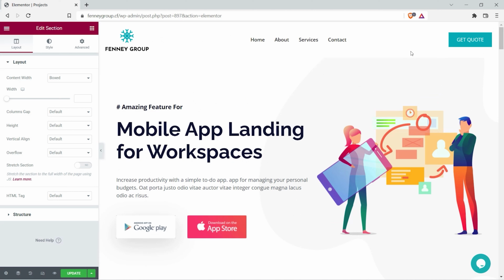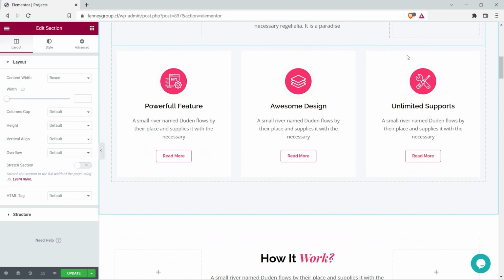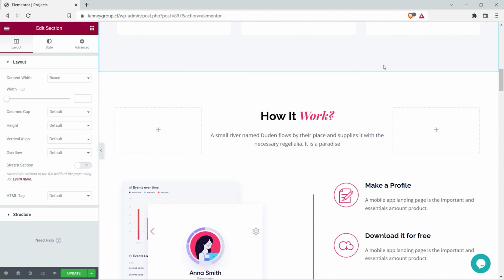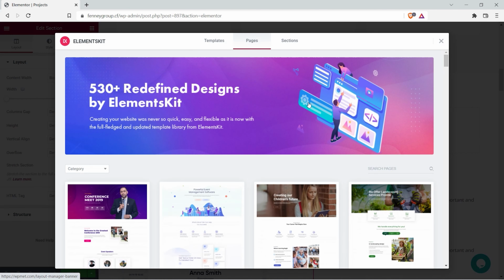Now what if you want to add a custom section to your WordPress website? For that, just scroll down to the area where you want to add that particular section and click on the plus icon which says add section. Now click on the Elements Kit icon. Now instead of pages, select sections,